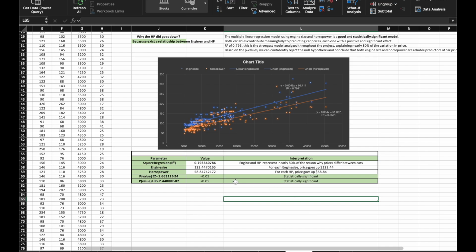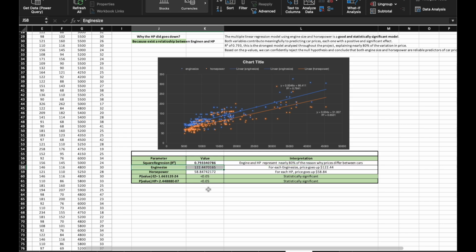Basically the R square, that is right here, is 0.79. So this means that engine size and horsepower together explain 79% of the price variation. It's basically the best model in the whole project. Also the engine size